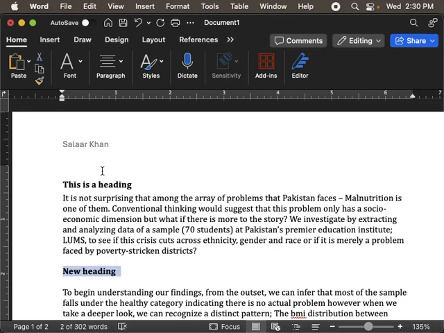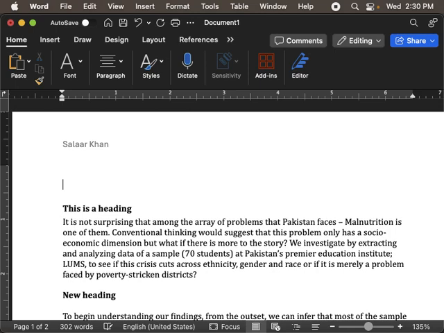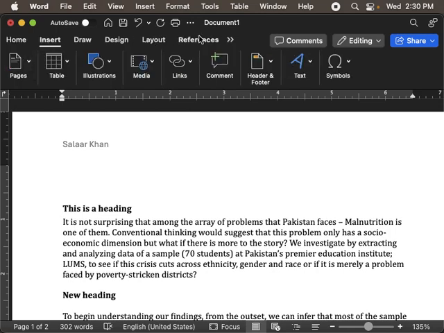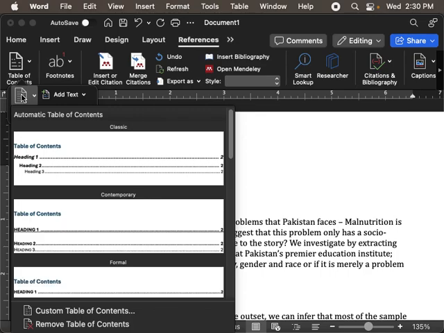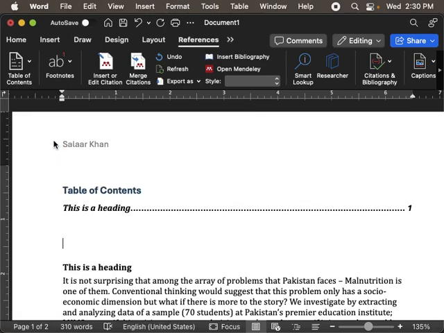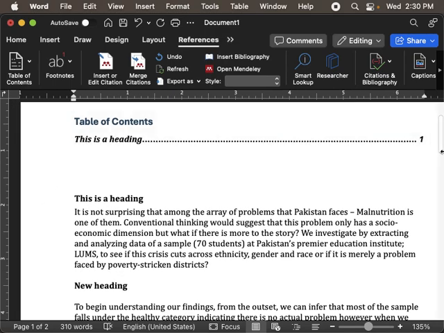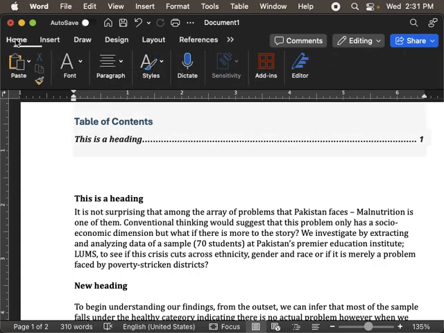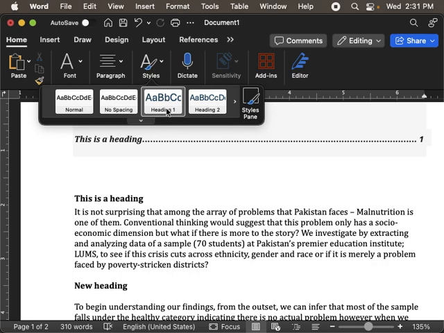I've bolded it also. But if I insert here, I go to References, Table of Contents, I hit Table of Contents, and I insert a table of contents here. This tells me that this is a heading is on page 1. It doesn't tell you anything about new heading. Why is this happening? Well, this is happening because this is a heading has been set up from your styles, from your headings, right? So when you manually write a heading, yeah, that looks good on paper, but in places where you need a table of contents to be automatically set up for you,